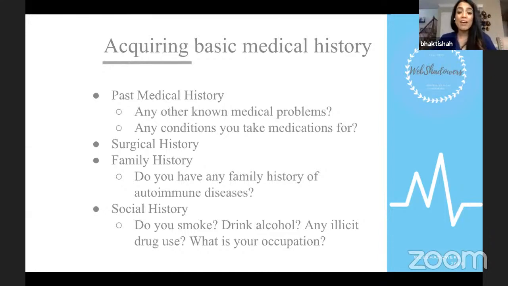Family history. Do you have any family members with autoimmune diseases? It's a question that I ask. Why is that? Is every autoimmune disease necessarily genetically inherited? No. Even studies that have been done on identical twins show that even if one twin has rheumatoid arthritis, the chance of the other identical twin developing it is 12%. So it's even less so in siblings and even less so in a parent-child relationship. But we know that autoimmune conditions can really cluster in families. So if a patient says that they have multiple family members with diagnosed autoimmune diseases, it will also alert you into thinking what the patient's risk may be.